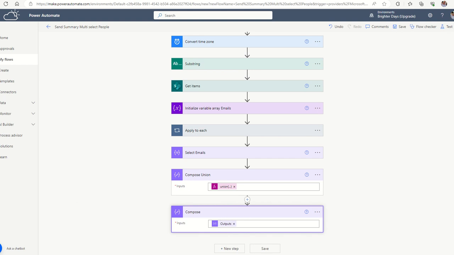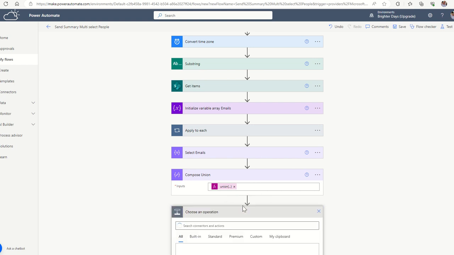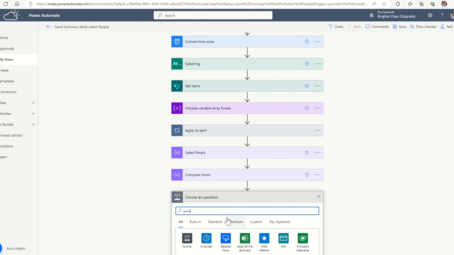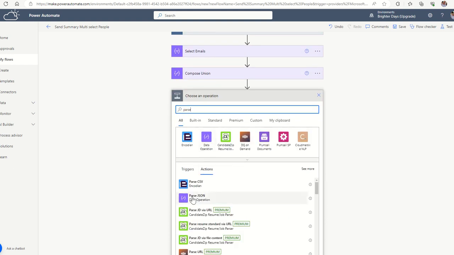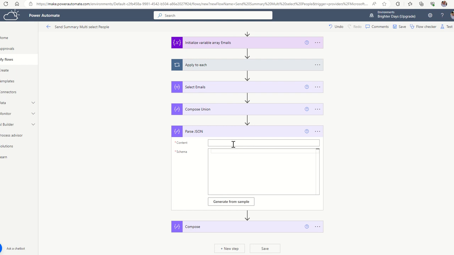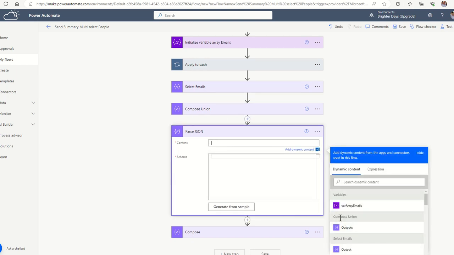All right, so then what we're going to need to do is another data operation. I should have called this a data operation special. We are going to parse our JSON names into a format that we can use easily in a task email activity. So to do that, another data operation, and if we just type in parse, that should bring us back what we want. There we go, parse JSON. All right, so from here, we're taking the outputs from our union. That one here. So compose union,